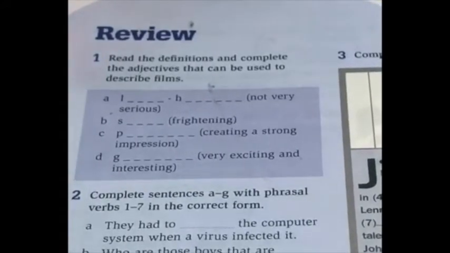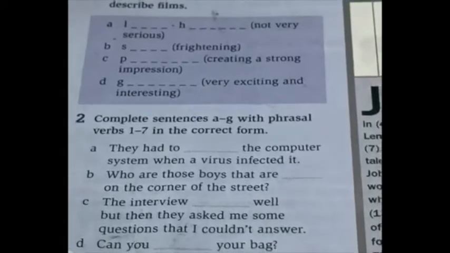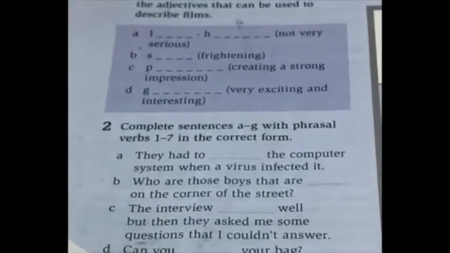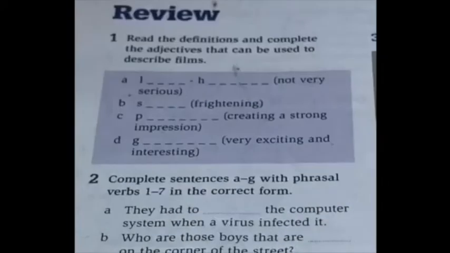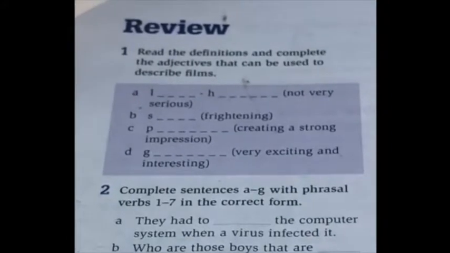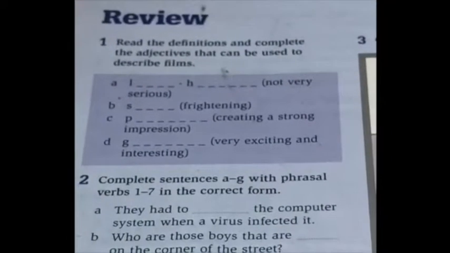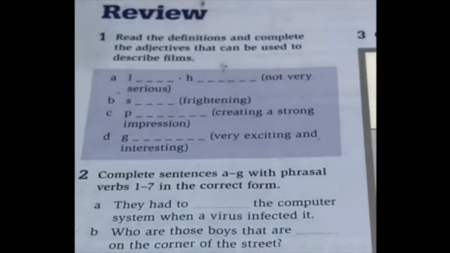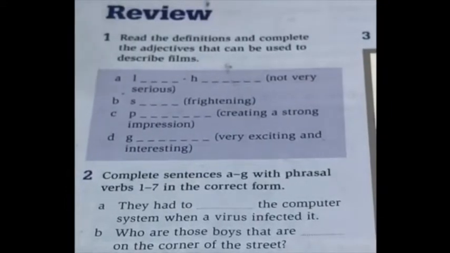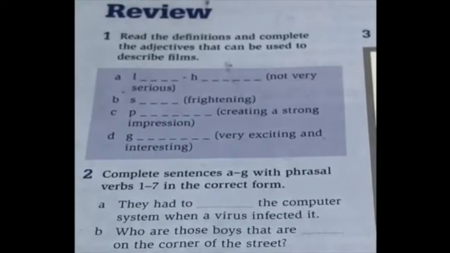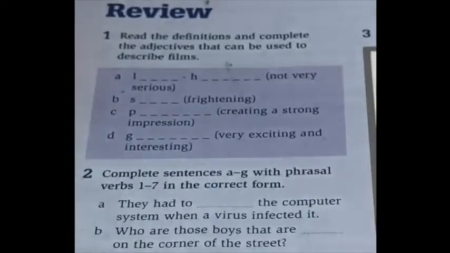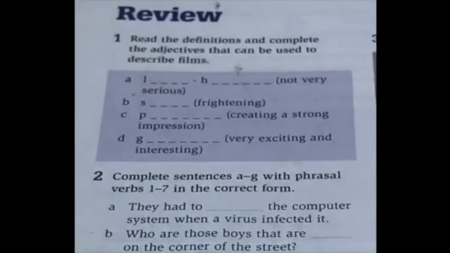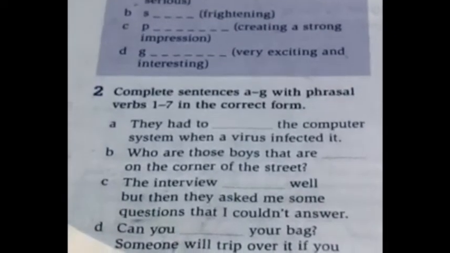So I want you to think about something that you do, not in a very serious way, and if you try hard enough, you find that you can come up with the word like-hearted, for example. And you fill in the number of letters in the blanks there, and you can see the word like-hearted is the answer. So can you do the same for the other 3? When you've finished that,